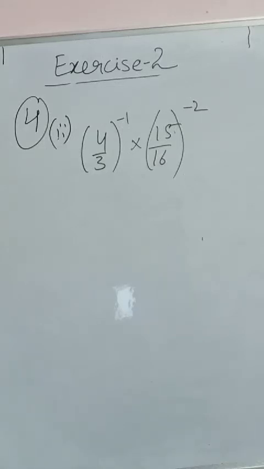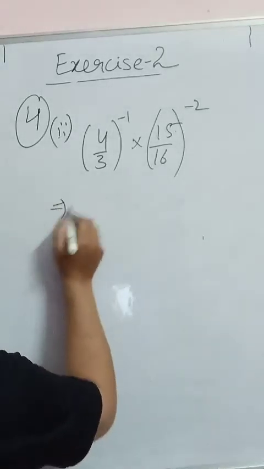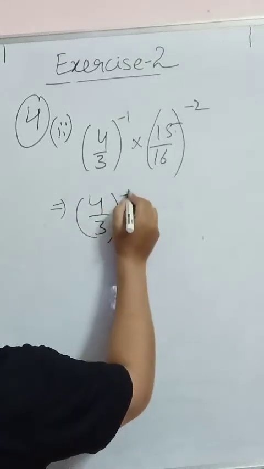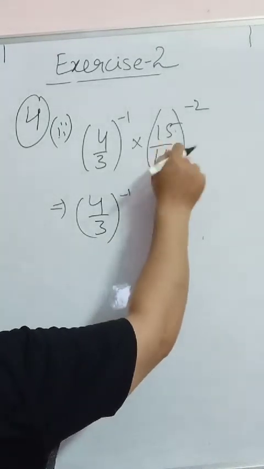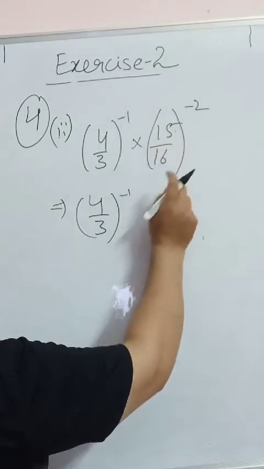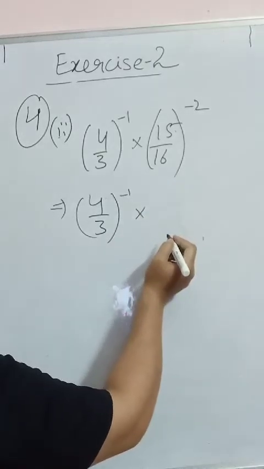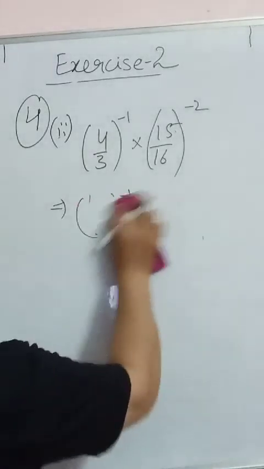If it is not, then we are going to work upon it in a way or other. See, this 4 by 3 to the power minus 1 I am keeping the same, and I am trying to make this as the reciprocal thing. Or let's do one thing, let us make both the powers positive,